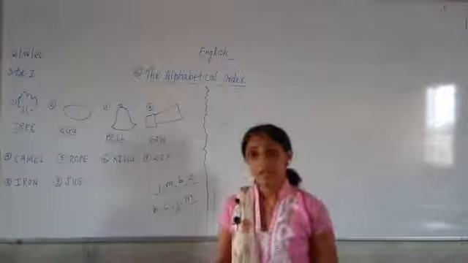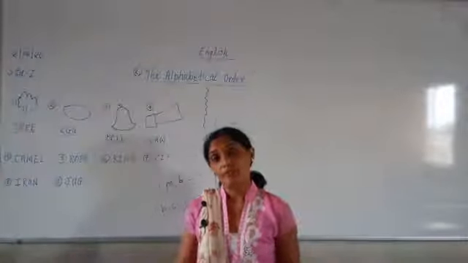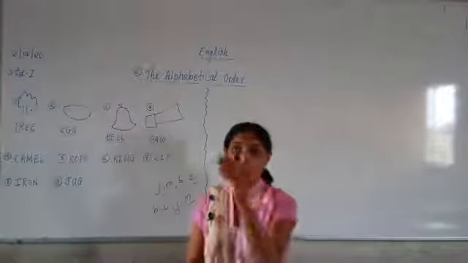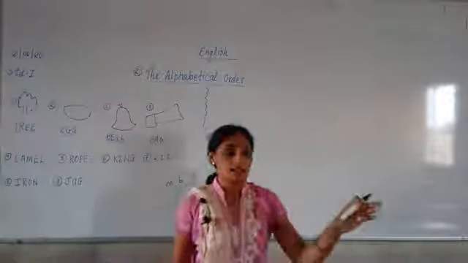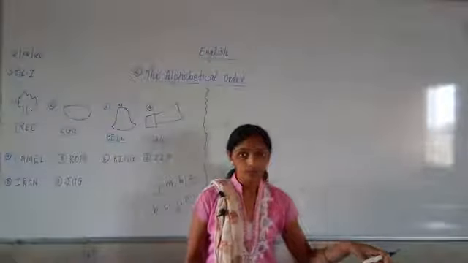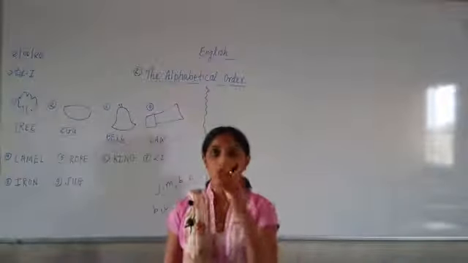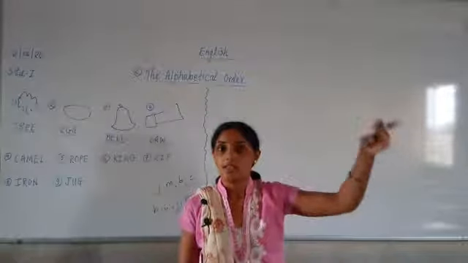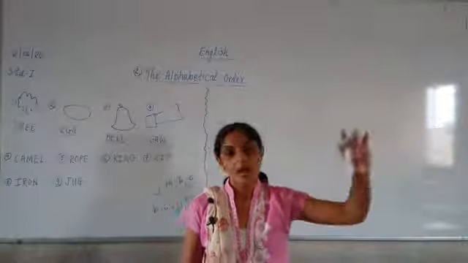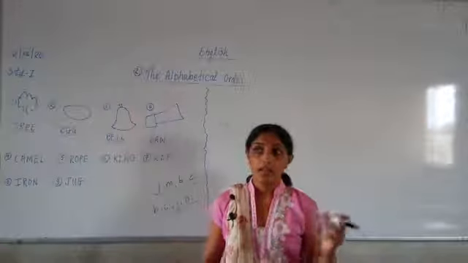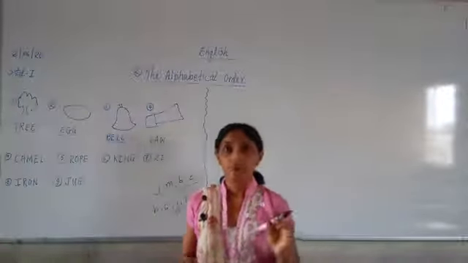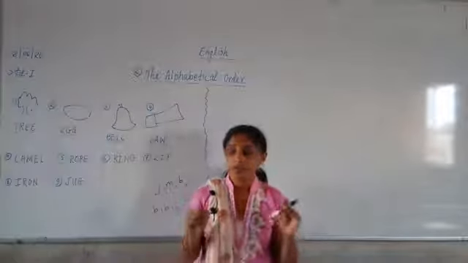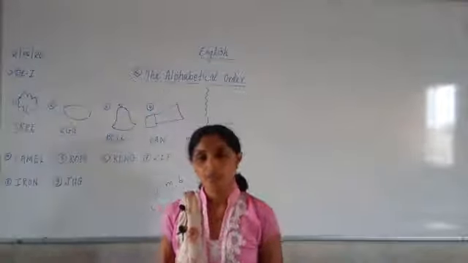So these 26 letters are there in the English alphabet, and these 26 letters are arranged in alphabetical order. Now, from where does the order start? It starts from A and it ends at Z. Correct? It starts at A. After A, what comes? B, C, then D, E, F, G, H, I, J, K, L, M. You know it very well. You have studied A to Z, A, B, C, D from nursery onwards, right?